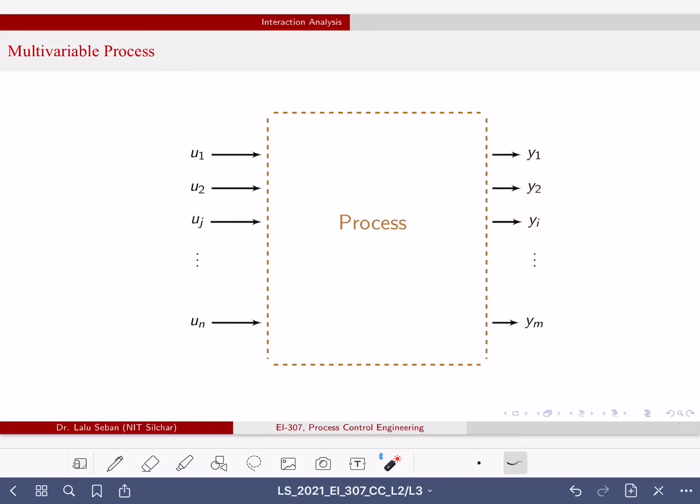That's very simple logic. Now, when we are going for decentralized control, we will be having multiple controllers taking care of each output. Now the question is, which input will be used for manipulating which output? It cannot be one to one. There are many reasons for that. Let us see that one by one.